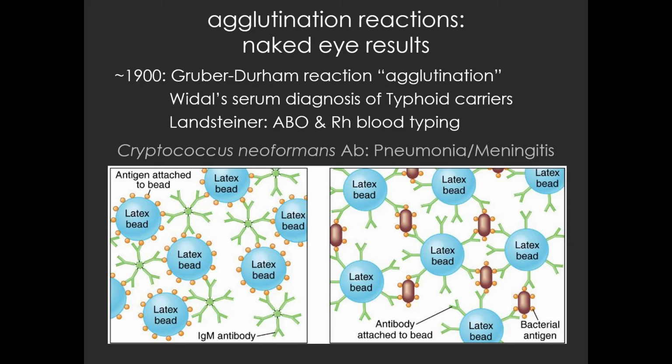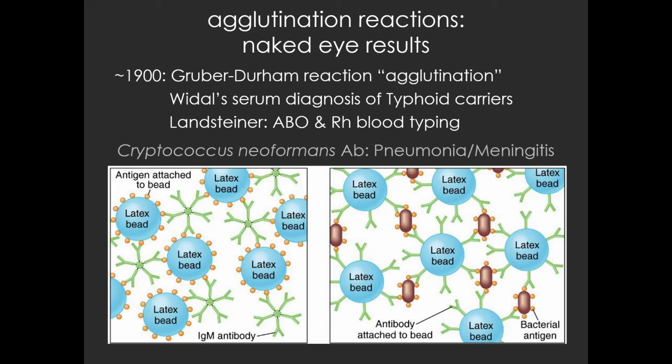The first recorded agglutination reactions that we have happened at about the turn of the 20th century, and they were done by two scientists who noted that when you combined blood serum from people who had contracted typhoid fever with Salmonella typhi bacteria, the blood would clump, and they termed that clumping reaction